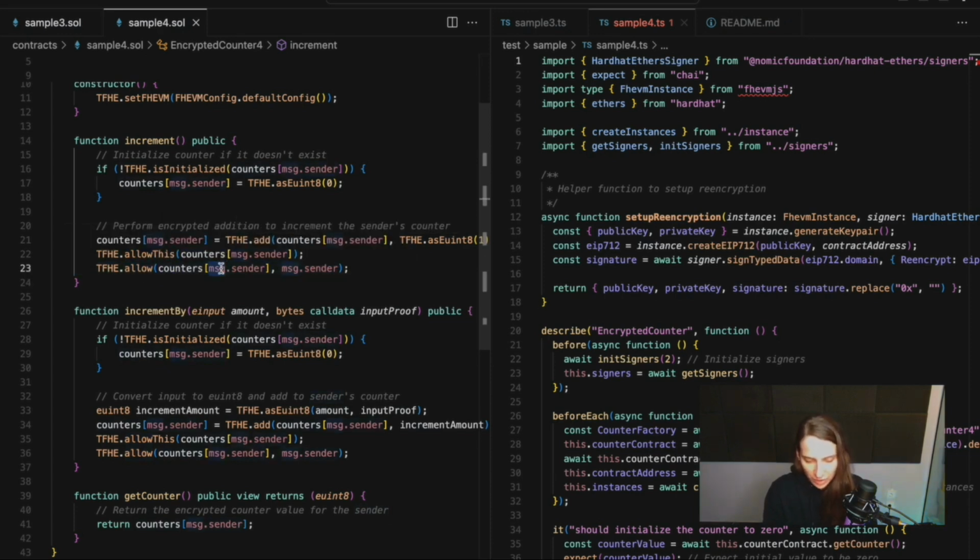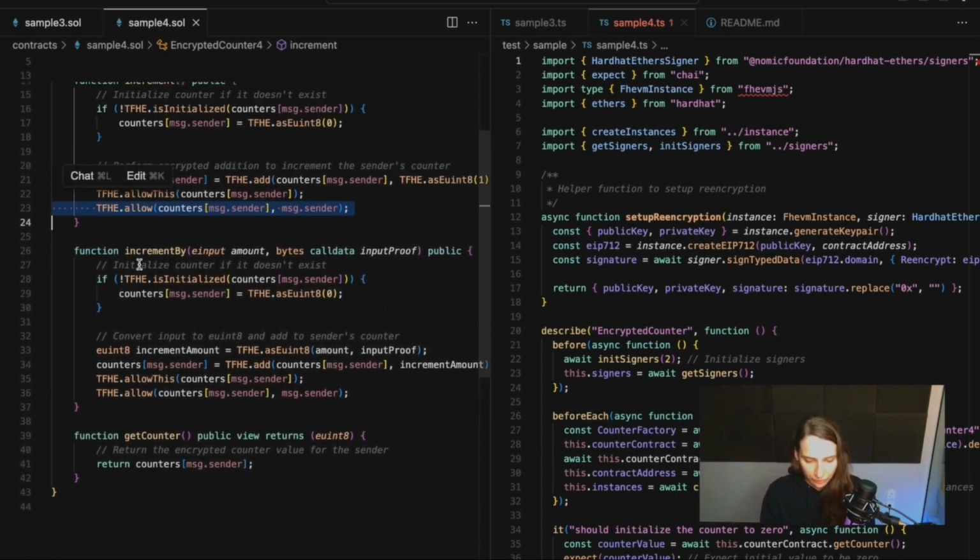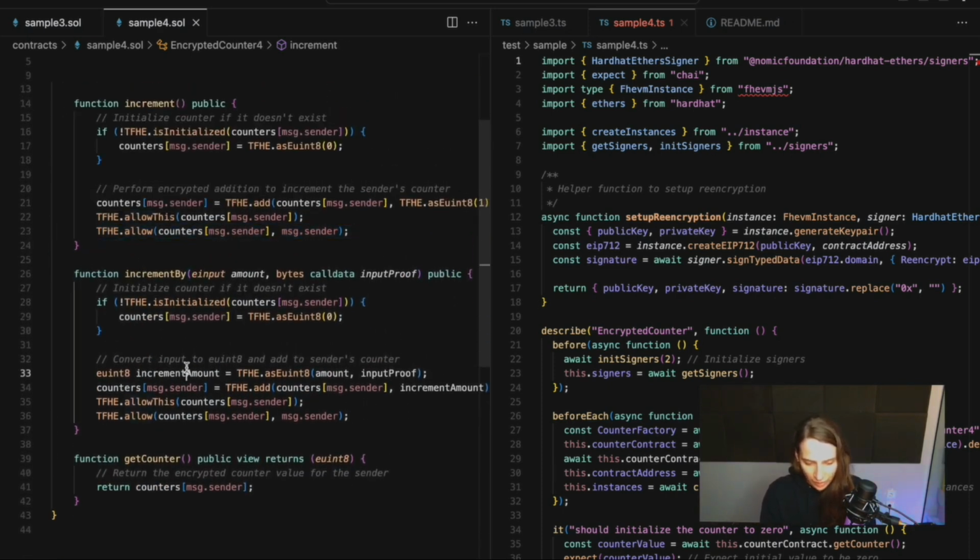This is a bit different than before. Before we didn't need this, but now that we want our user to access this value, we have to use tfhe.allow. It's very similar as before. We get counter, and we are returning an encrypted euint8 and calling it on message.sender.